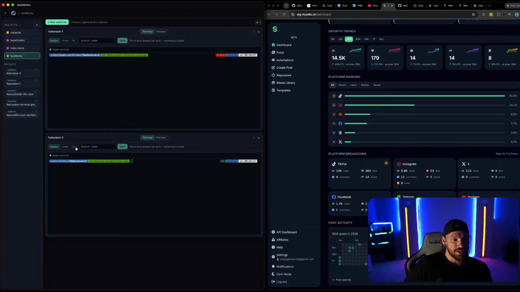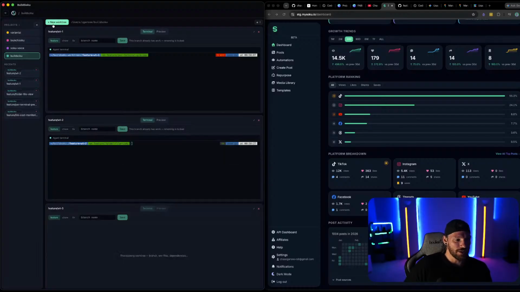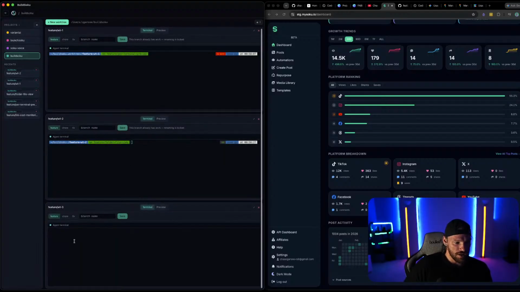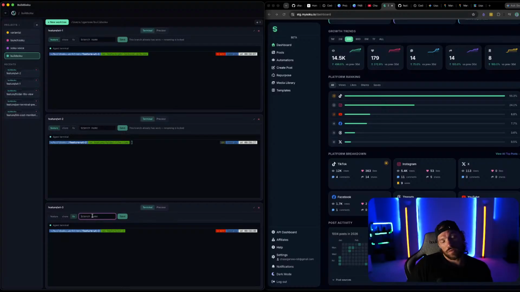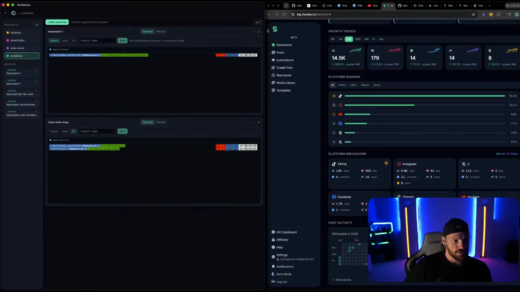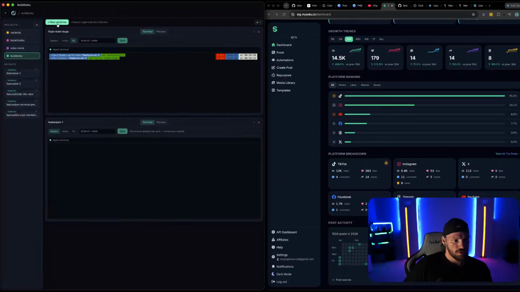Yeah, so there's a couple bugs in here. Let's just do a new one, I guess. So this should be on main, I think. Yeah, so we'll do fix UI state bugs. We'll save this and we'll close this, new work tree, and let's